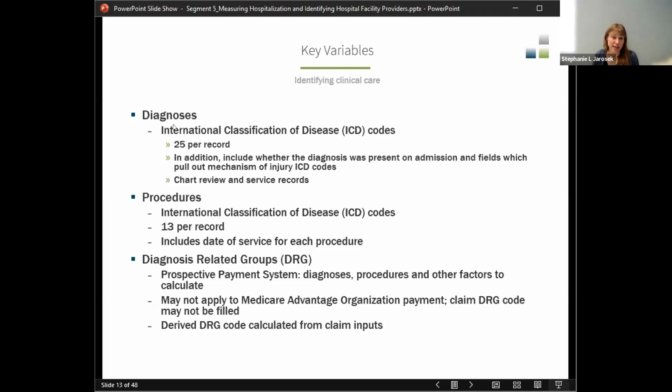The diagnoses will appear on both chart review and service records. There are also 13 procedures, and then there's a date of service associated with each procedure. Funnily enough, and I'll talk about this a little later, there are procedures on chart review records as well, so you can take a look at those. I think it relates to maybe how they are getting reported into the encounter data system. I'm not 100% sure why that is the case, but both diagnosis and procedures in Medicare fee-for-service